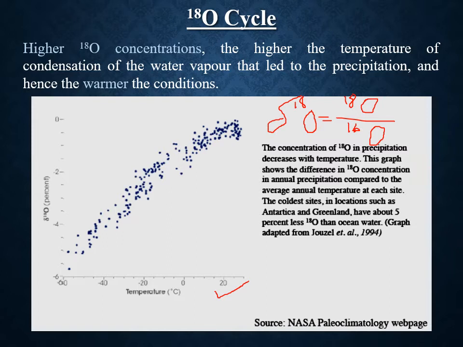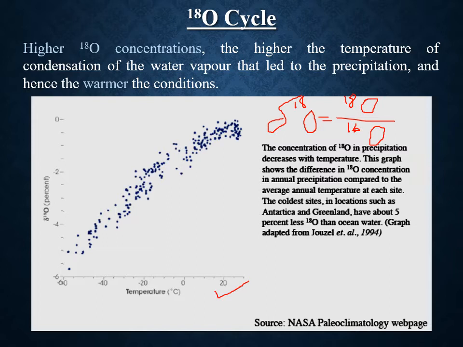Now with respect to present day, if the condition becomes more warm, then a higher amount of energy is available for evaporation. As I told you, at the same energy conditions, lighter isotopes will prefer the less dense form. But if more and more energy is available, particularly during warmer times, in this high energy condition, the heavier isotopes will also go into the vapor state.